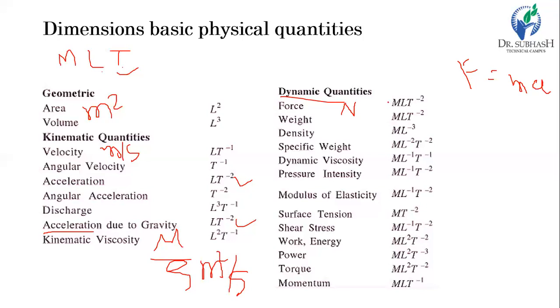In this way, we can derive the fundamental dimension of force from the relation F equal to m a. Thus the dimension becomes: m stands for kg, so m one time, and meter per second square. Meter is the length parameter, again one time, so M1 L1, and when there is a power of one, no need to write it. Second is the time parameter in the denominator two times, so it is minus 2.